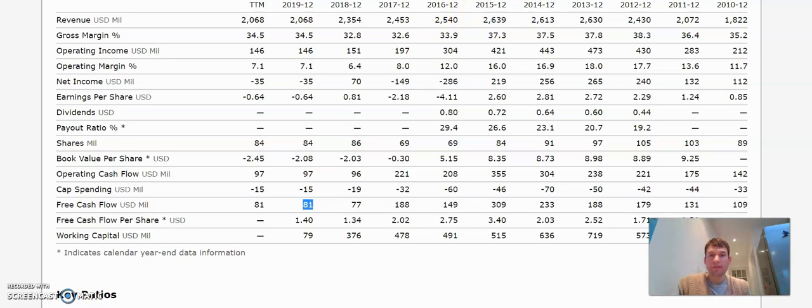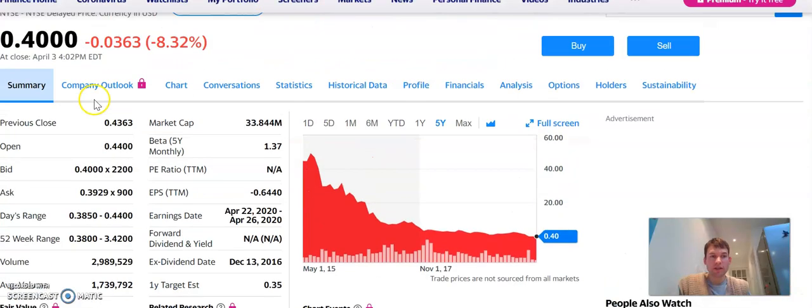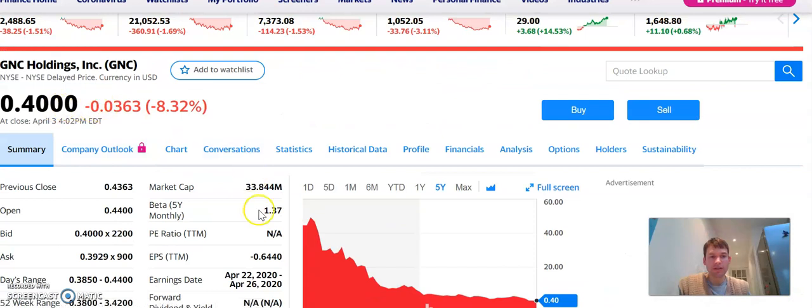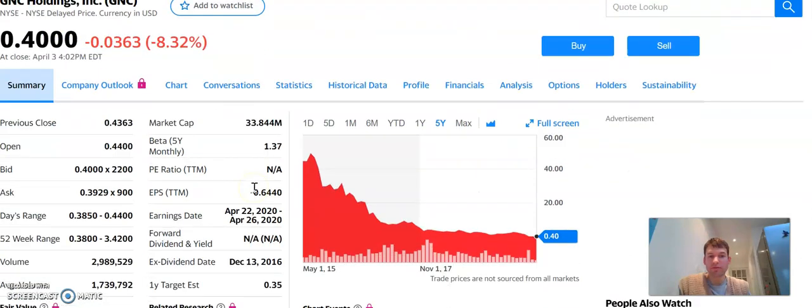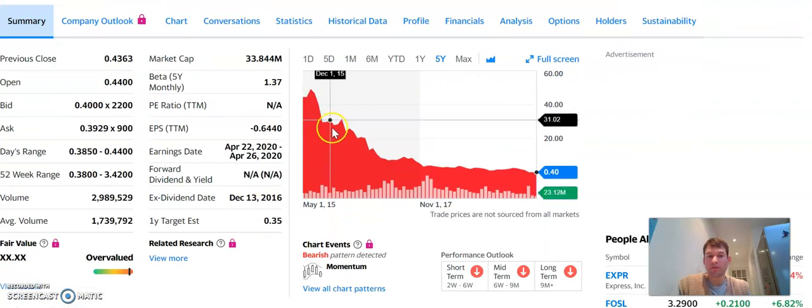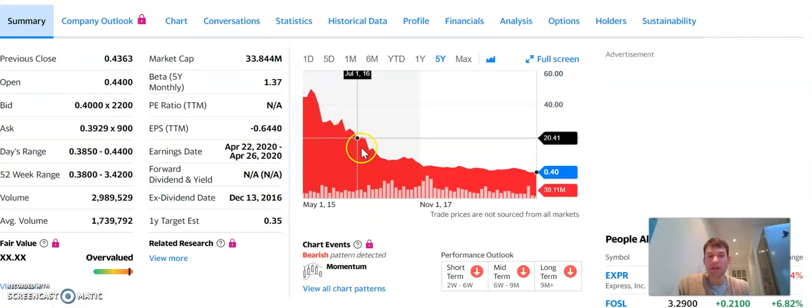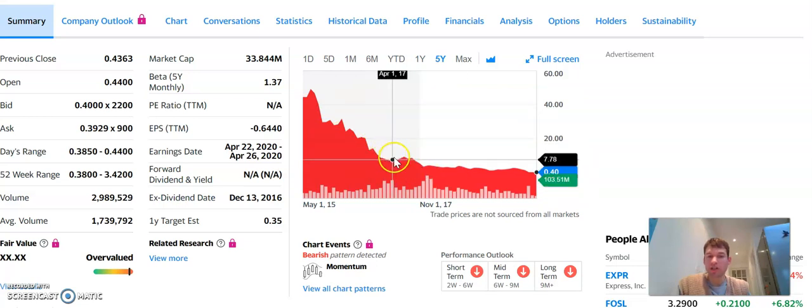So the business I was talking about is GNC, and you can see that the market cap is only 33 million because it's pretty much priced for bankruptcy. And you can see that the share price has been declining over time as investors throw in the towel. I was one investor that was very bullish on this company, and I lost money as well. So yeah, this is something that